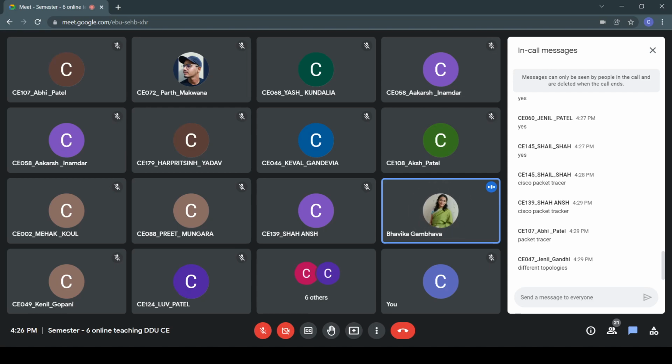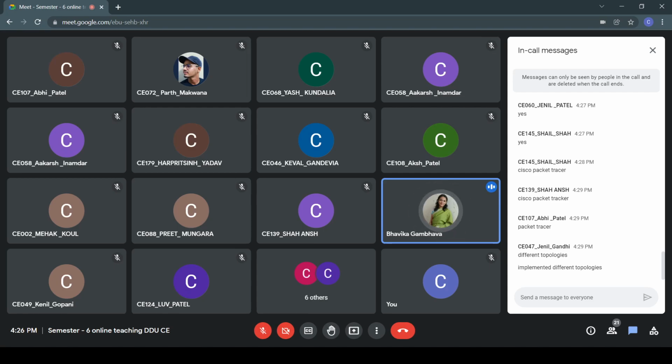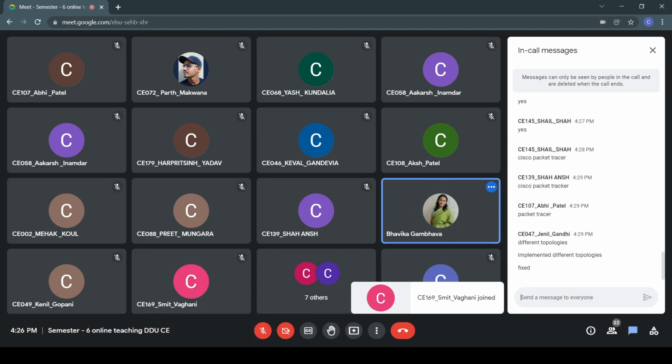No one? Actually, you have implemented different topologies with variable number of nodes or fixed number of nodes. Okay.